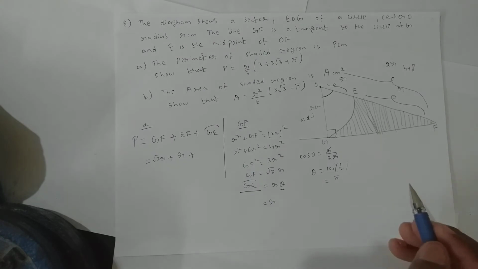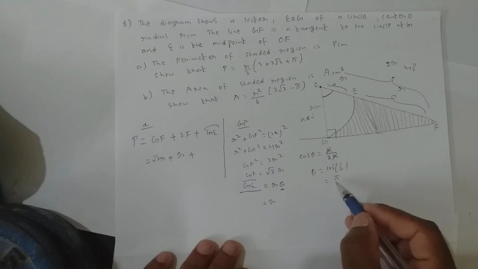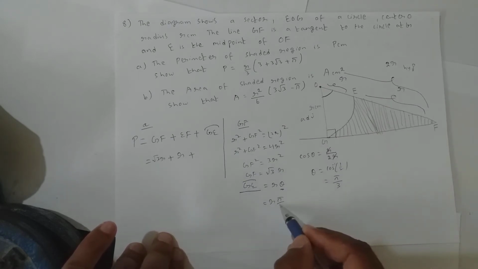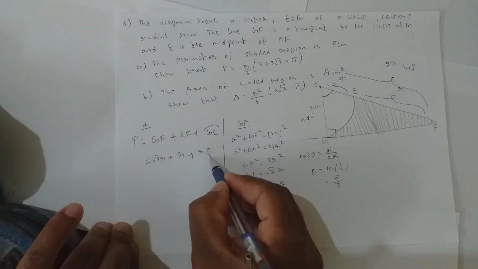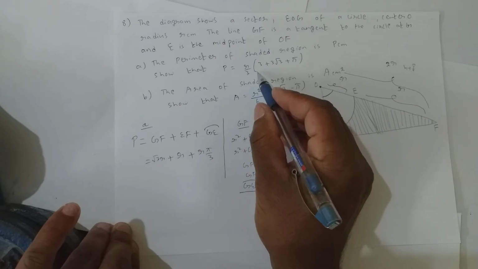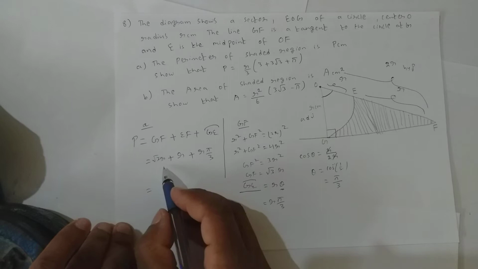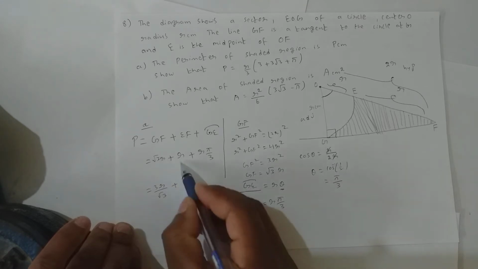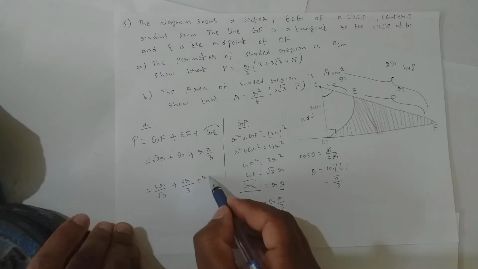Which is pi in radians I need. So place your calculator in radians. Here cos 60 means pi by 3 it is. So place it here, pi by 3. We got GE also, place it here, r into pi by 3. Take r by 3 common. So r root 3 can be written as r into 3 root 3 by 3, plus here r I can write 3r by 3. This gets cancelled, I get r itself.